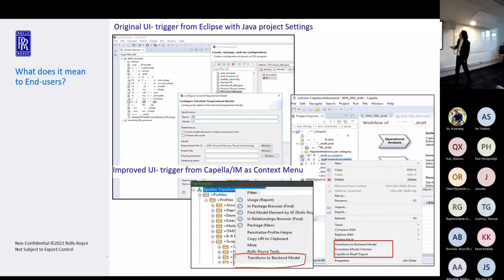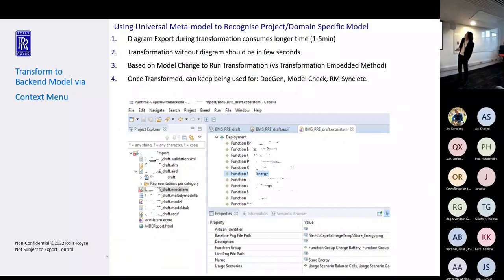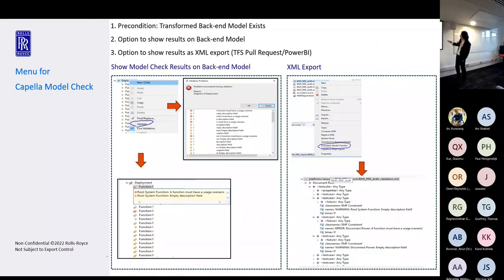I'll quickly show you what it means for our side, the backend. The backend will be seamlessly shown as the context menu for your frontend tool. So that's our implementation, and that's one of the backend transforms that's EMS based. So you can even visualize what they transform there. And we can do the model checks, so it tells you how you failed against our internal modeling standard, how your model fails that. So we can do self-training on there as well.